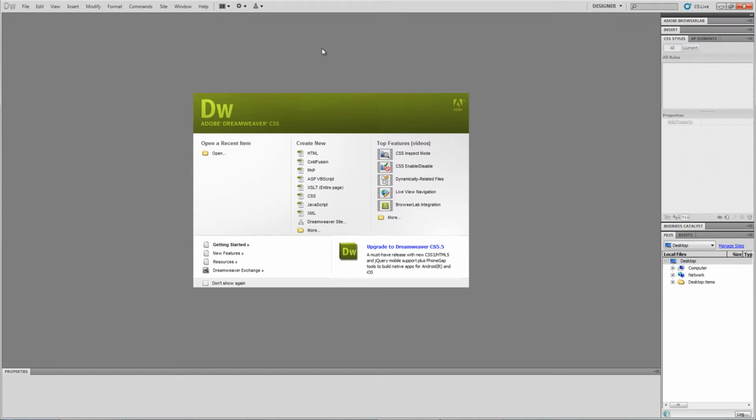Okay, after you open Dreamweaver CS5 for the first time, you will be asked if you want to set Dreamweaver CS5 as the default editor for some files, including HTML files, CSS files, and Java files and other files. Next, the program will open with the welcome screen,